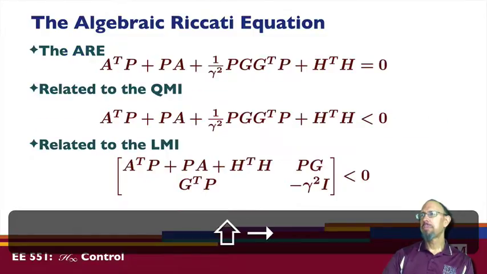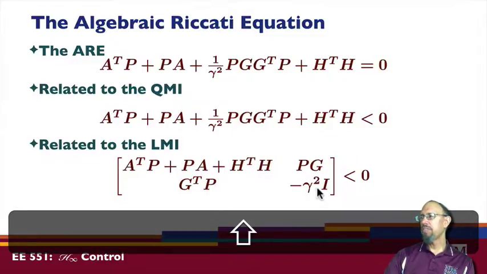Okay, and so we see that the ARE, given by this expression, is related to the quadratic matrix inequality. So notice this is not a linear matrix inequality because it has P appearing twice. So it's a quadratic matrix inequality. But we can go through and show that this quadratic matrix inequality can be given as a Schur complement of this matrix. So there's A transpose P plus PA, H transpose H. Those all appear in this term. And then we have these other things. And so this is